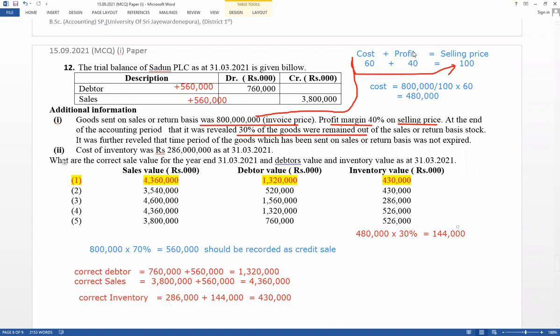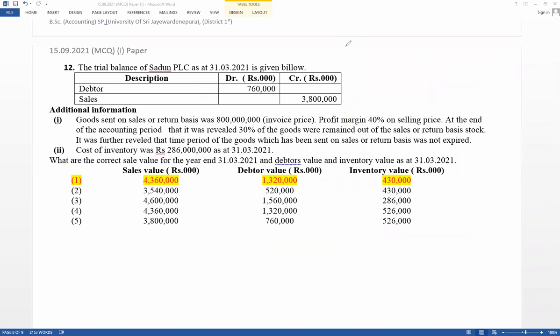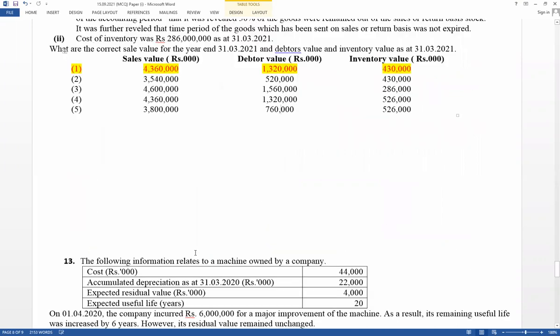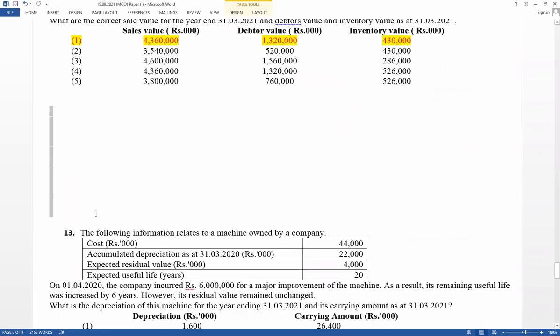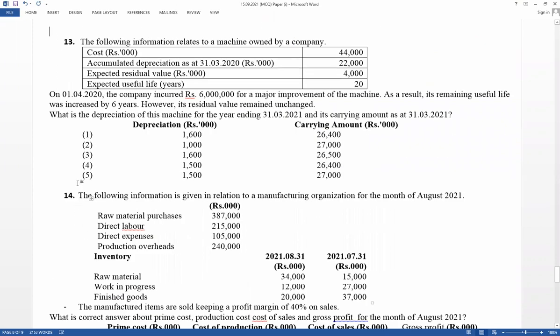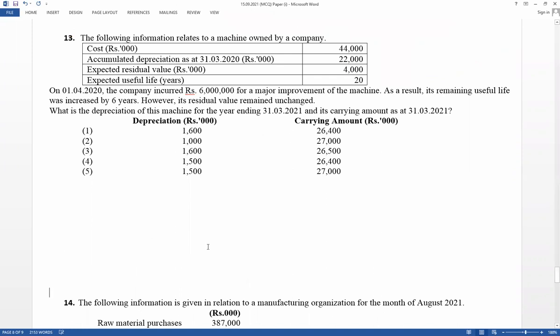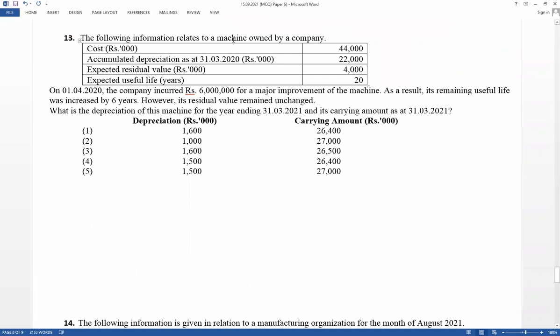Right, question number 12. Think 13. Question 13 is about changes in accounting estimates. Changes in accounting estimates also definitely come in the paper. Given the following information: a machine owned by the company, cost value given 44,000. Accumulated depreciation given at 31st March 2020 opening balance. And expected residual value given 4,000. Expected useful lifetime 20 years. And on 1st April 2020,